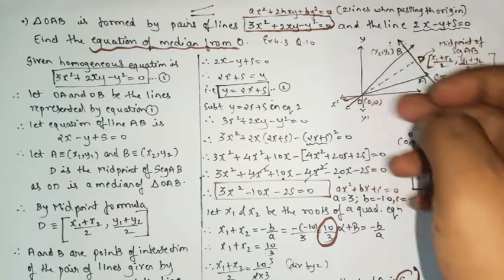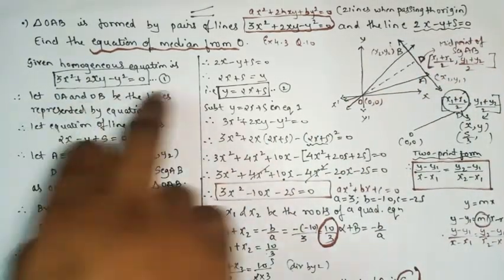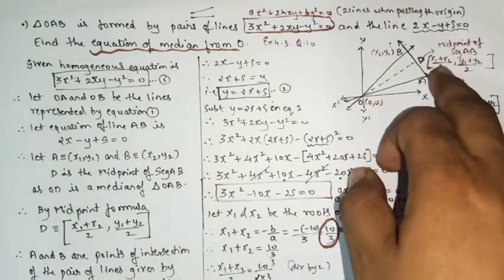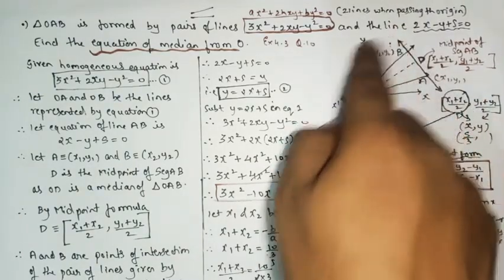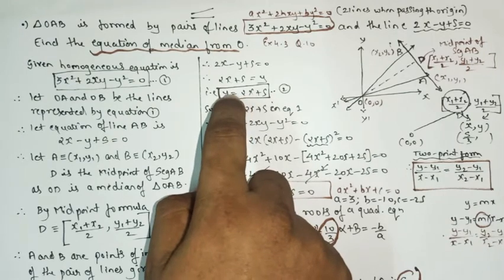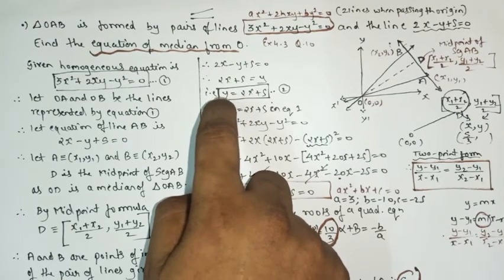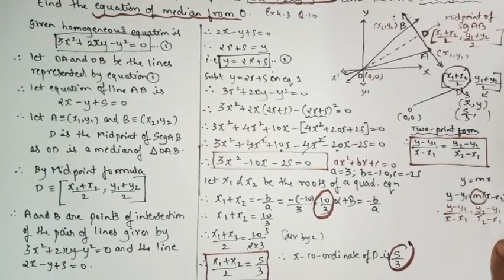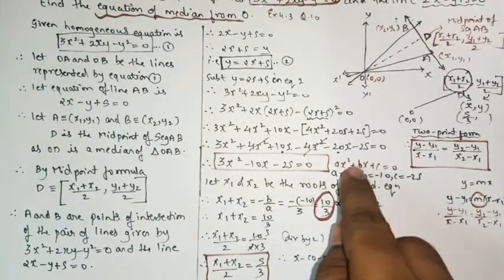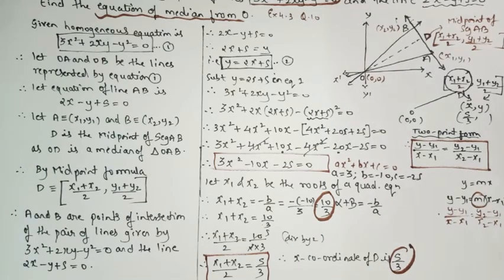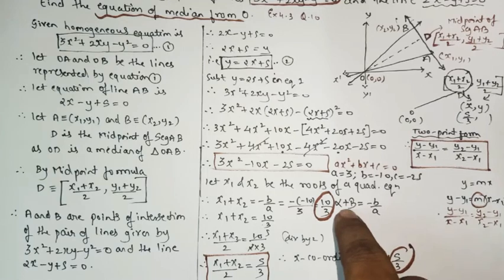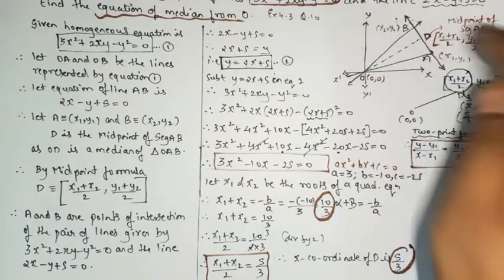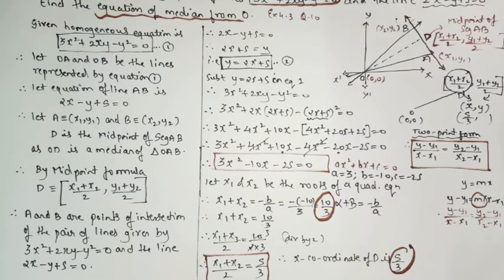So seeing the diagram, I started writing the steps. So let, so where you will get D as a midpoint. As this line is passing through, I made a value. You can make a value of x also in place of y. It is up to you. After that, substitute this value in equation number 1, where you will get a quadratic equation in the form of ax square plus bx plus c. So further, instead of taking alpha and beta, I took x1 and x2, as here we have to find x1 and x2. So that's why I took x1 and x2 as the roots of the quadratic equation.